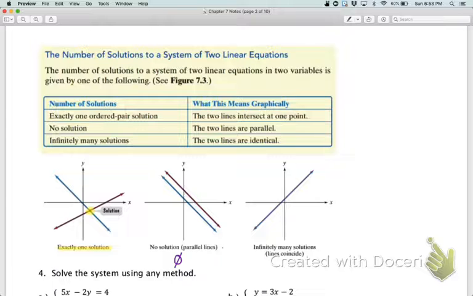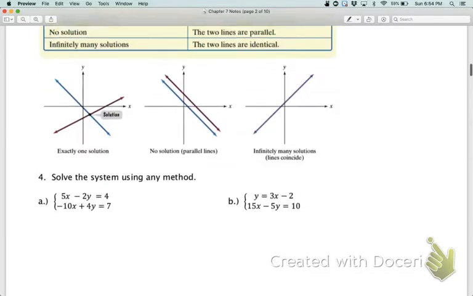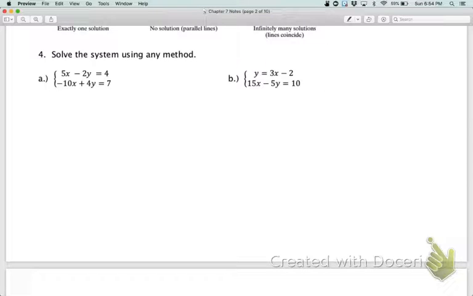Okay, so here's what that will look like algebraically when you go to solve those systems, if that is what you're going to get. So I look at example A, and we need to decide, do I want to use substitution or do I want to use elimination? I don't see a variable that I could quickly get by itself, so I am going to use elimination, the addition method. And so I'm going to multiply the top equation by positive 2, and that should get my x's